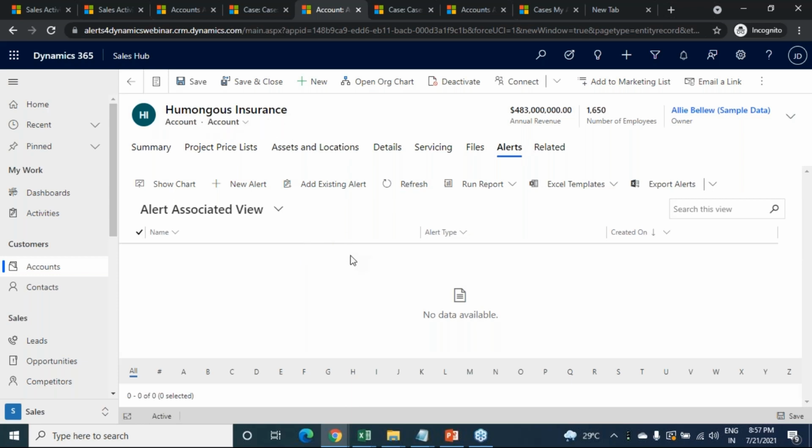There could also be use cases like, let's assume this customer has purchased our Alerts for Dynamics product, and it is up for renewal next month. John, the salesperson handling this customer, wants to set a follow-up date in advance, specific to this customer, so that he can do the necessary follow-ups accordingly. What he can do is simply click on the new alert.